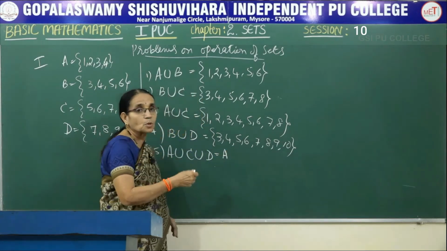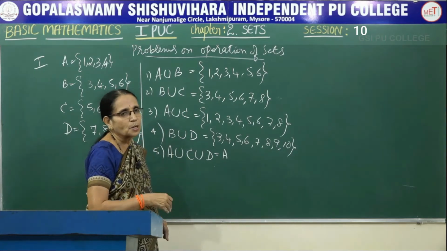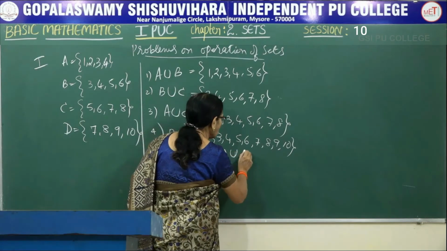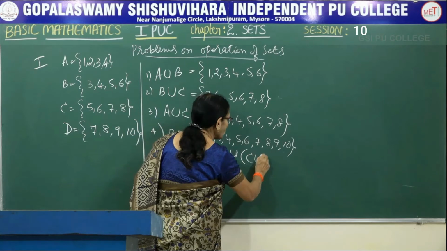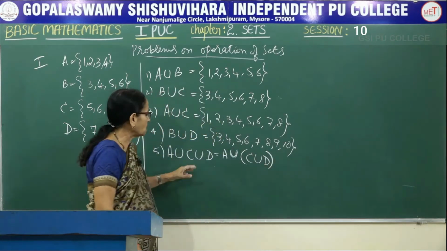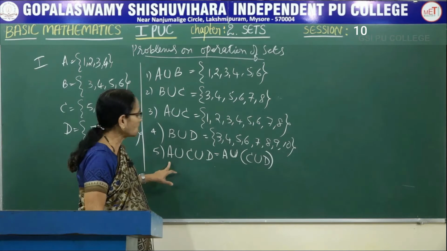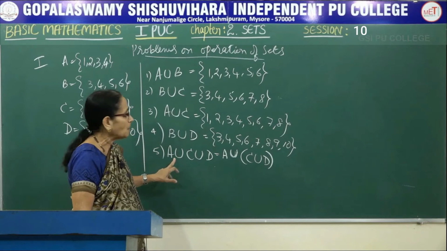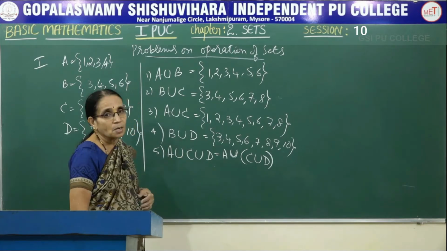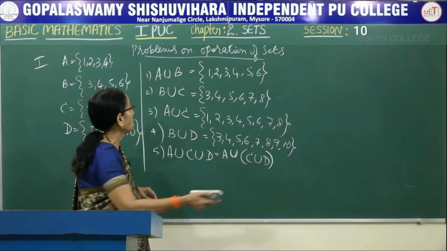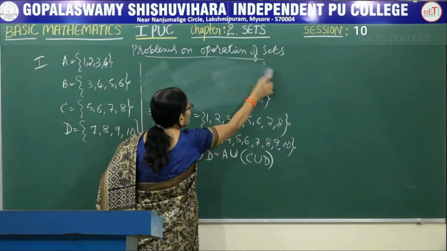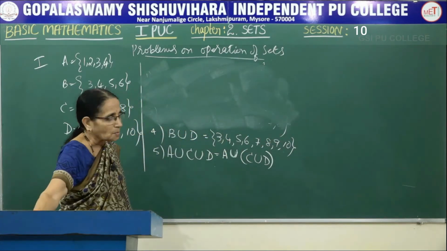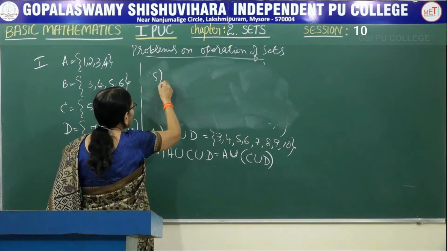Sometimes they ask you to prove the associative property, the distributive property, or the commutative property. Here, they have not simply given A union C union D. If you want, you can write inside the bracket. That is, you can combine C and D first, then combine with A. Or, as you know that associative property holds good in the case of union, you can take A and C together and then add the other set D. But any order, any way, you will get the same result here. First I am combining C union D. Let me write A as it is.